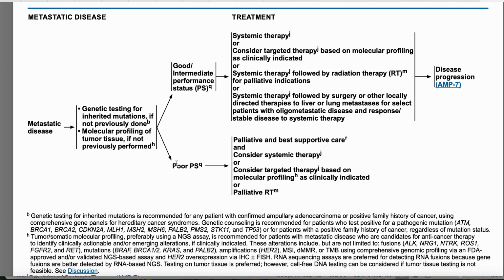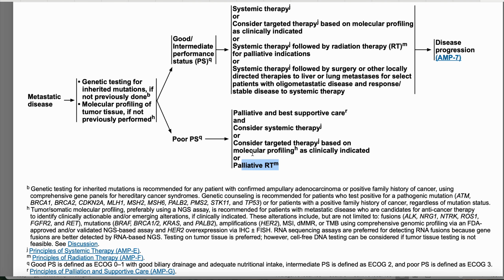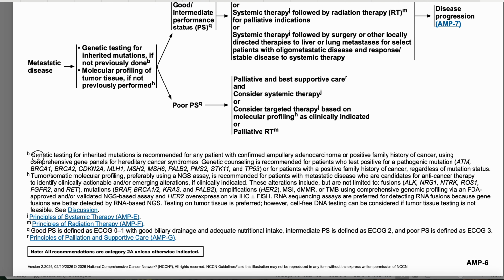If the patient has poor performance status, then we will give palliative or best supportive care and consider systemic therapy or targeted therapy based on molecular profiling as clinically indicated, or palliative radiotherapy. So what is the genetic testing for inherited mutation recommended for patients with confirmed ampullary adenocarcinoma